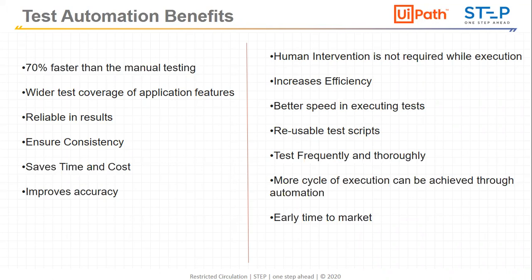Then human intervention is not required at all. We can just schedule the bot to run, and we need to see the results, the dashboarding, the MIS, whatever the bot is giving. We will see an email pop up in our inbox with the results, whether pass, fail, or defect. So as a test manager, higher authority, or test engineer, it will be very easy to see the benefit of automation. Efficiency will definitely increase with all this.